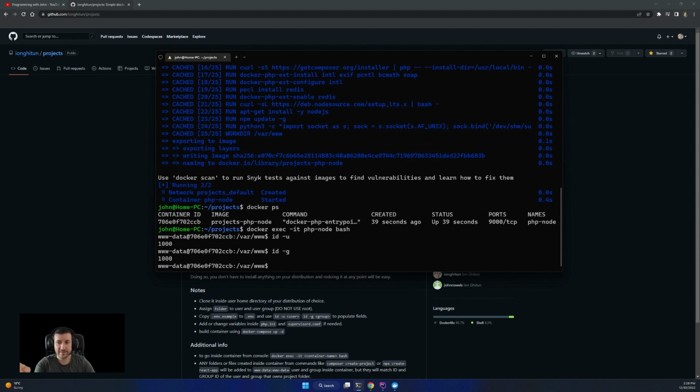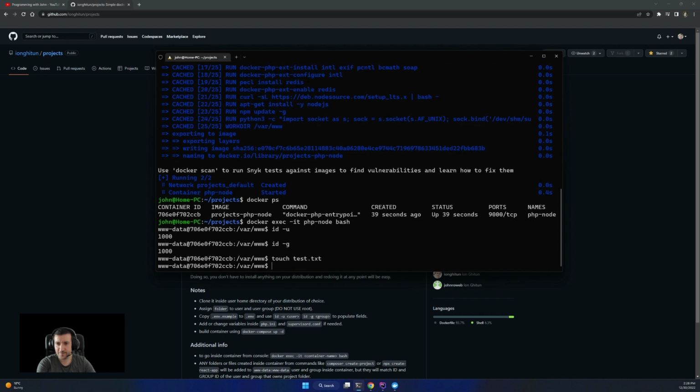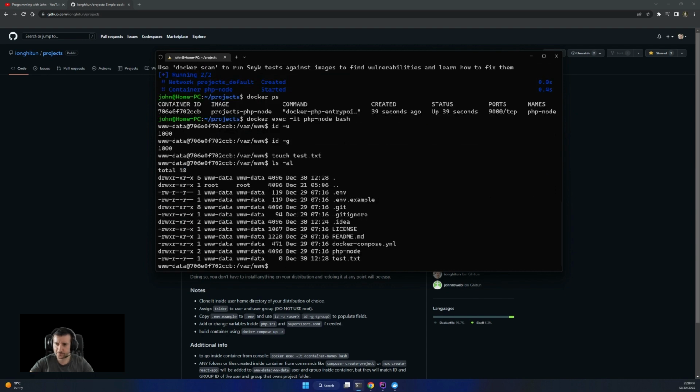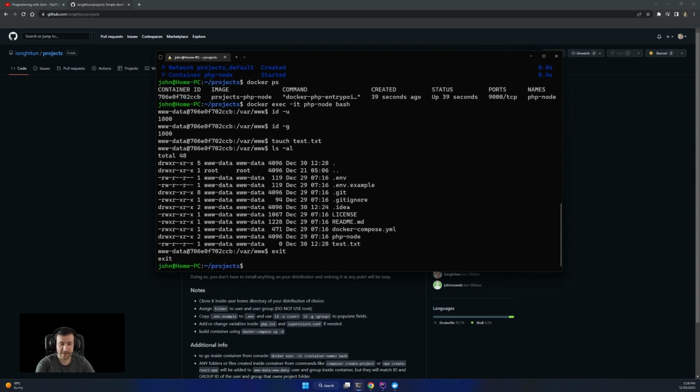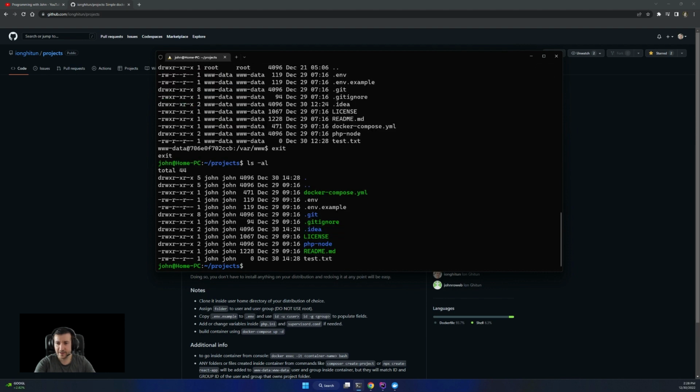Now if I create any file from here, like touch test, I have this test.txt whose owner is vvv data, right? But if I exit the container and show that test.txt, it's owned by John outside of the container.